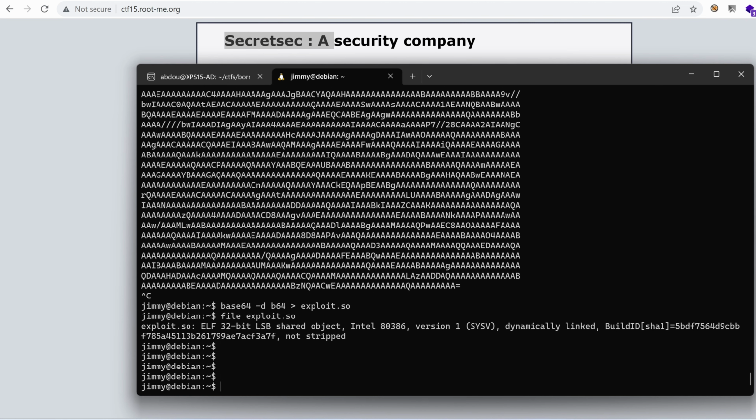Now, in order to hijack execution, there is a special environment variable called LD_PRELOAD. And this one will contain our library. So whenever we run networker, this library would be loaded, and then we will have theoretically a new definition for